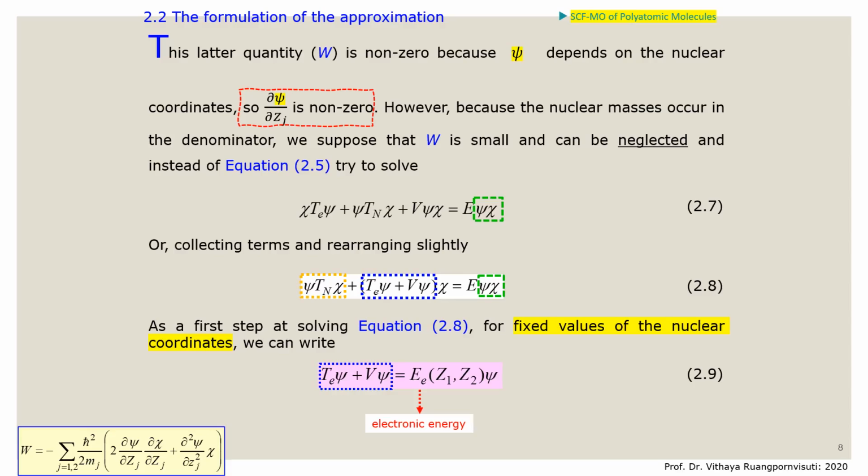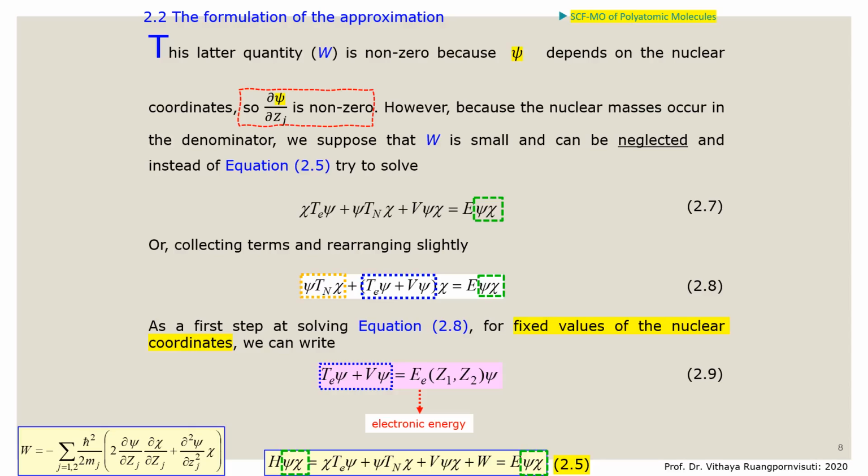However, because the nuclear masses occur in the denominator, we suppose that the quantity W is so small that it can be neglected. Instead of equation 2.5, we try to solve equation